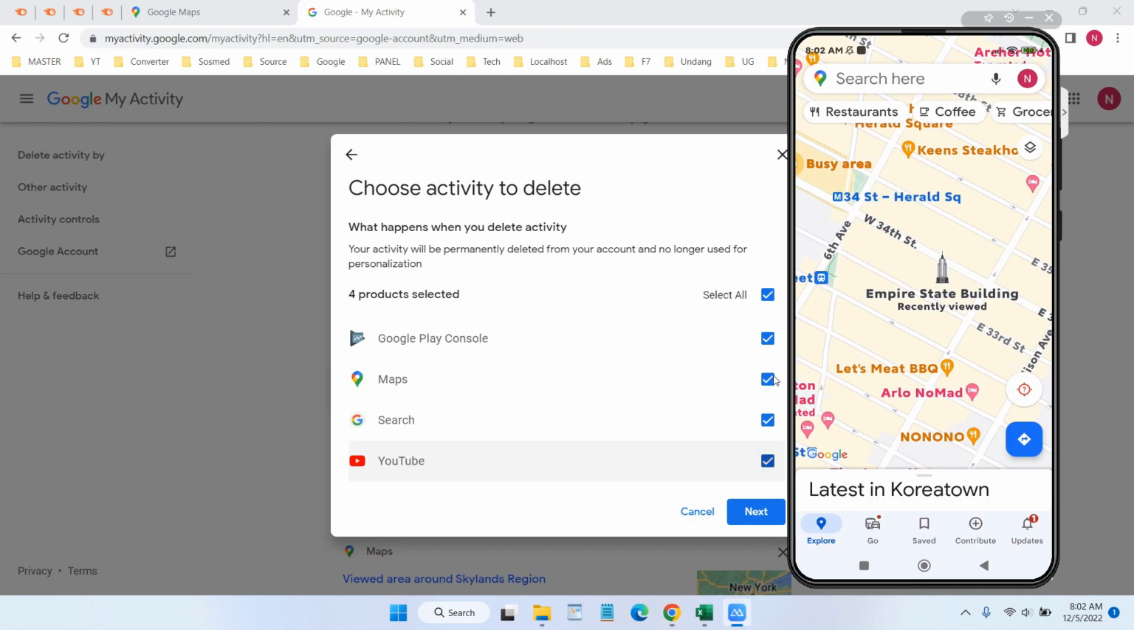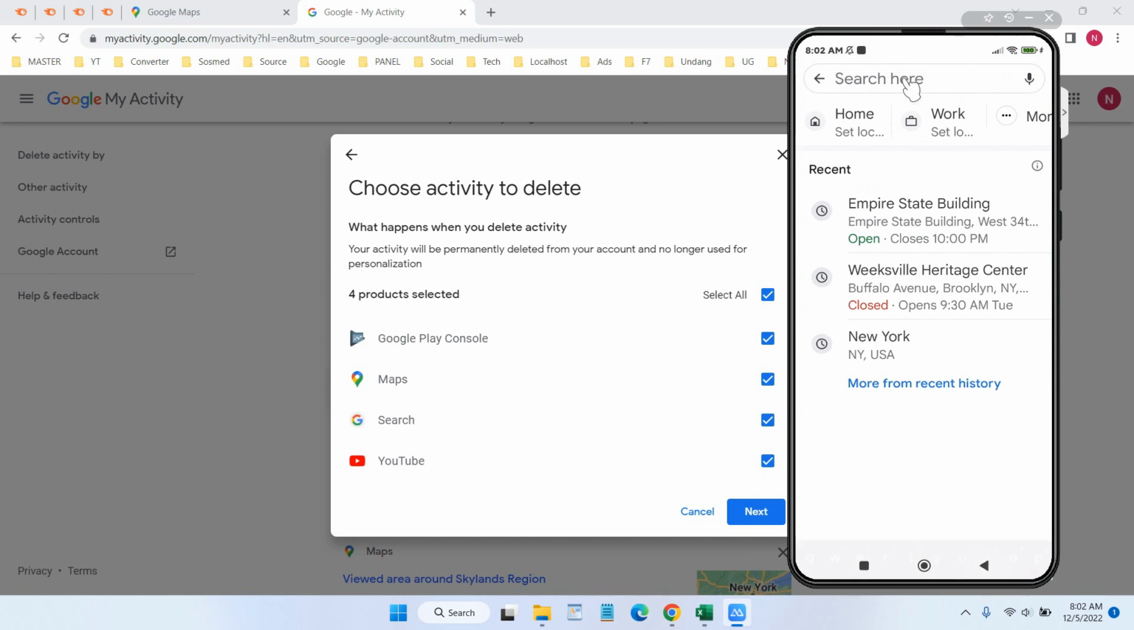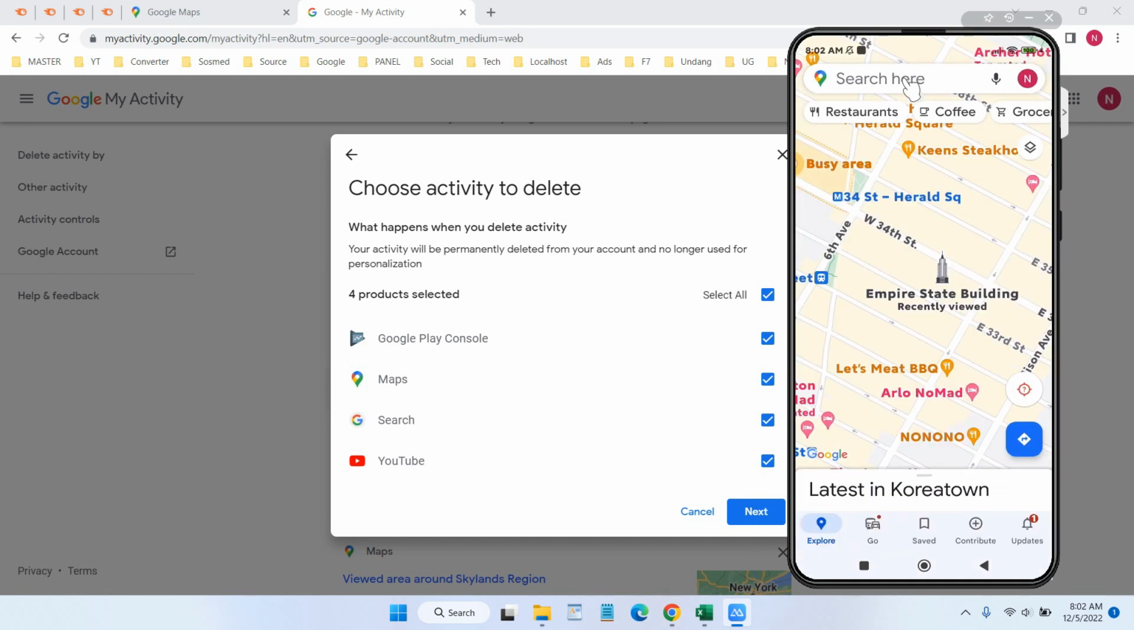And from the smartphone, it is almost the same. In here, for example, if we click in the search field, we have history or recent activity in here. To delete from smartphone, just click the icon in here. Okay,